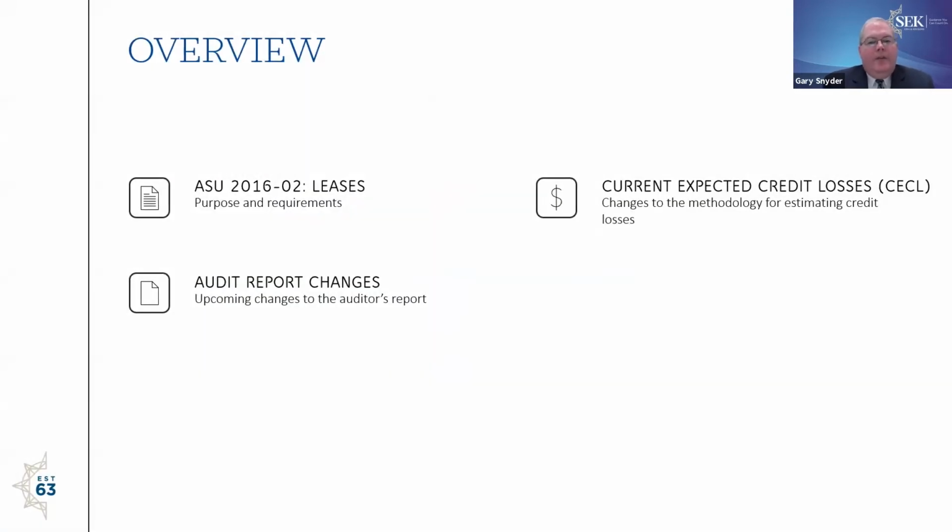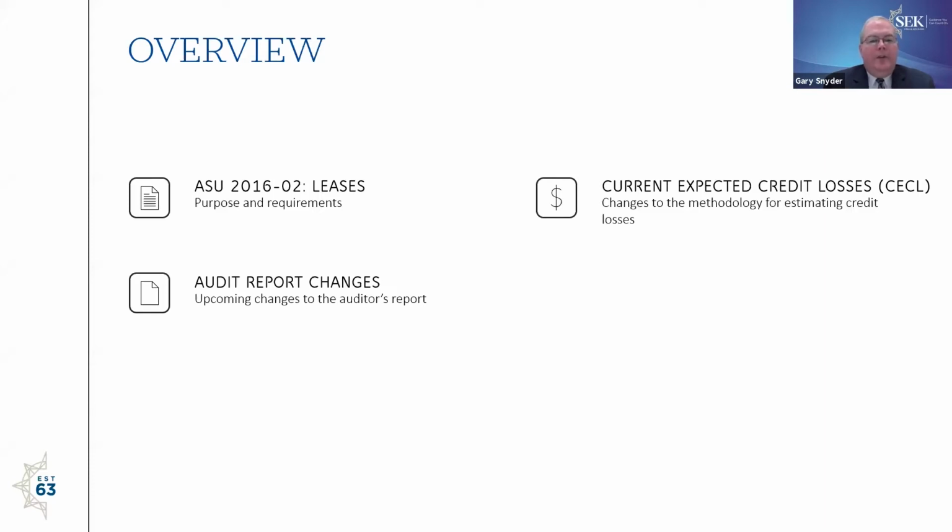Today we're going to talk about three different topics. These are accounting and auditing updates coming up within the next few years that everybody needs to be aware of. The first one is leases. This is a standard that's been out for a few years now, and we've presented it in our not-for-profit presentations over the last couple of years. I just want to go over the high-level purposes and requirements again so everybody's on the same page, because this is coming up next year, and it will be effective for anybody that is a lessee. It will have that impact on you.